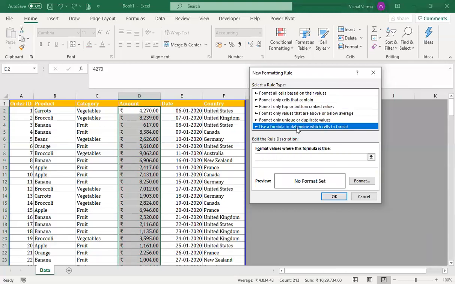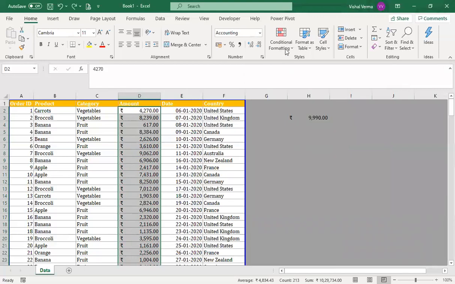There is also an option where you can use a formula to determine the cell to format. So you can put the IF function or the different functions in the formulas, and on the basis of that we can set the formulas and set the format how you want. This is the part of conditional formatting.